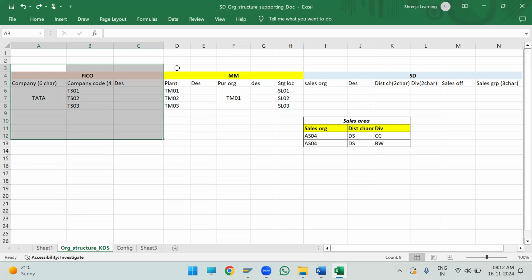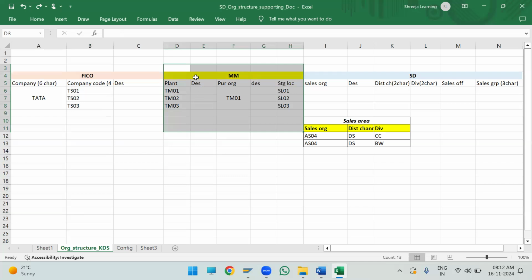Now the next one is from material management. Suppose these 3 plants we are going to use. Then this purchase organization they are going to use for the purchase purpose. This storage location they are going to use for material storing. And then we have